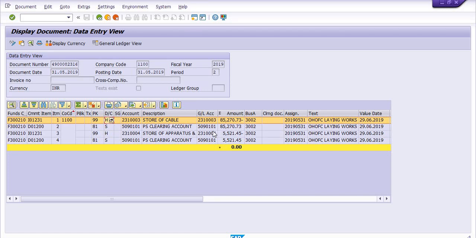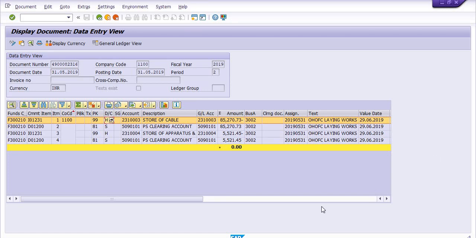PS clearing is debited with the amount and store of cable is credited with this amount. Once the amount has gone to the PS clearing account, the account official will process CJ88, and after CJ88 passes all the amount from PS clearing to asset, it means all the AUC value has been capitalized.